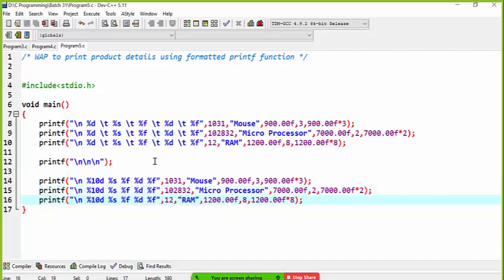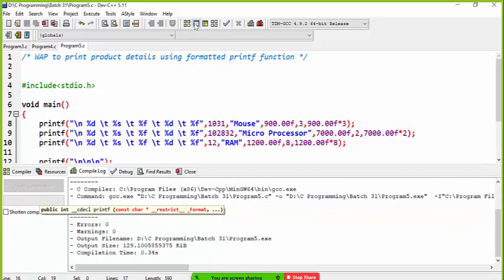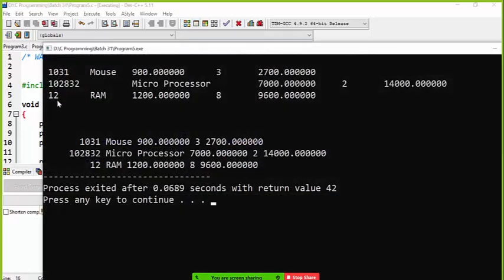Now if I compile and run the code, it prints something like this. Here you can see 1031, and before that I have some space. That space is added by the system reading that field width. The system creates a width of 10 for the product code, and manages the field width by adding spaces.